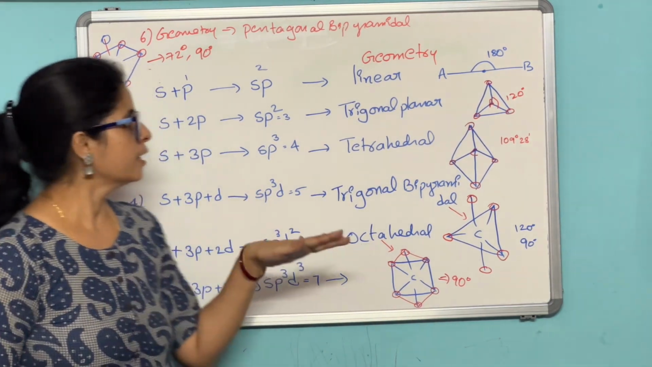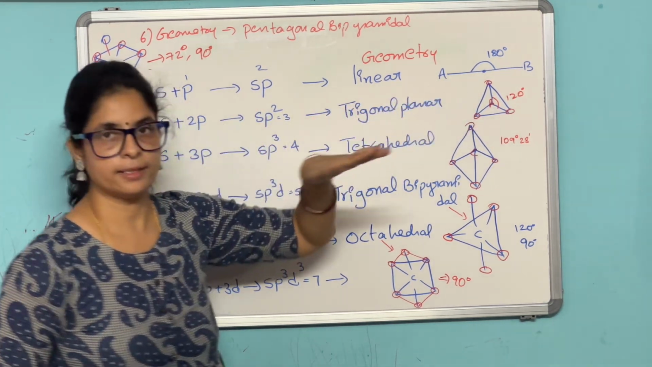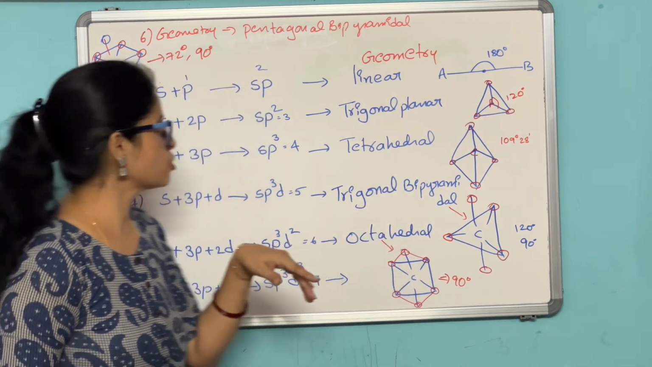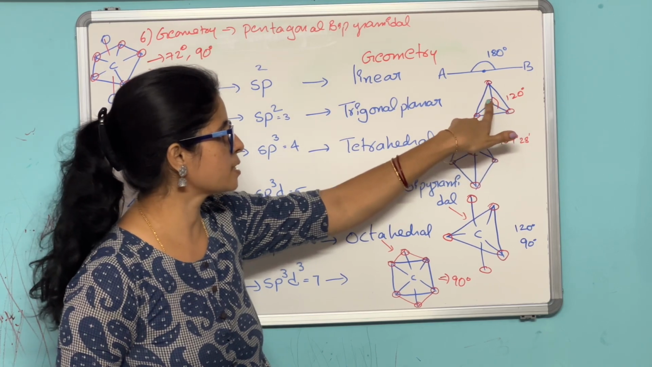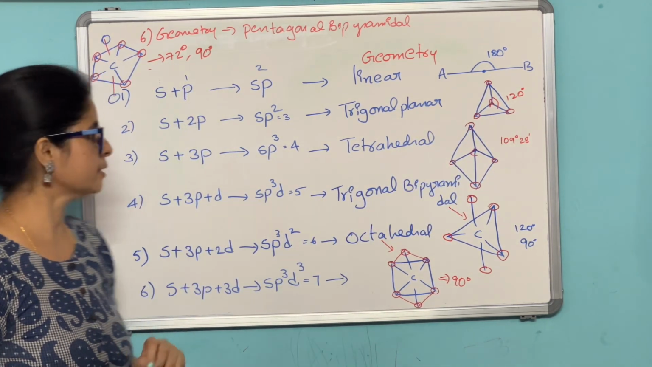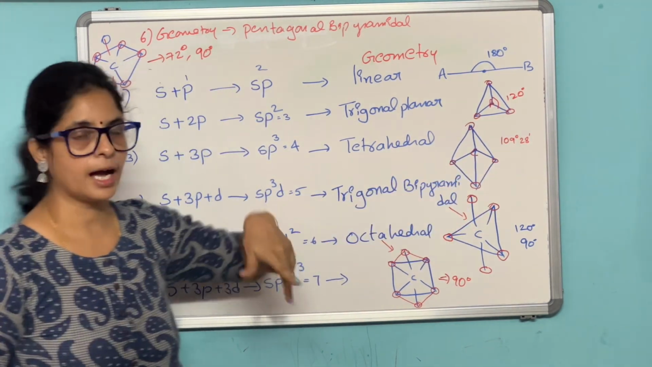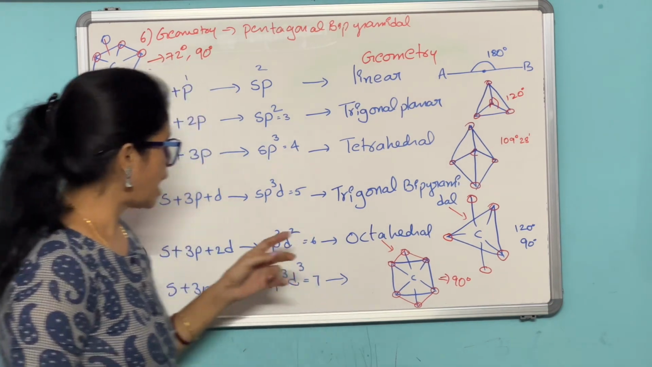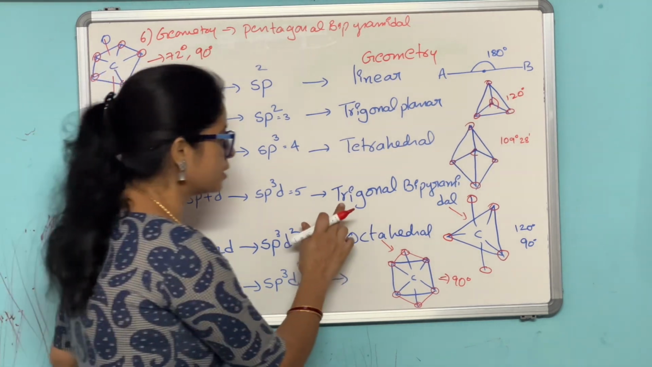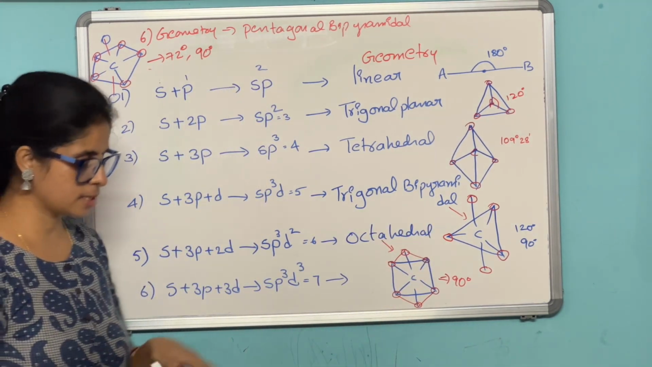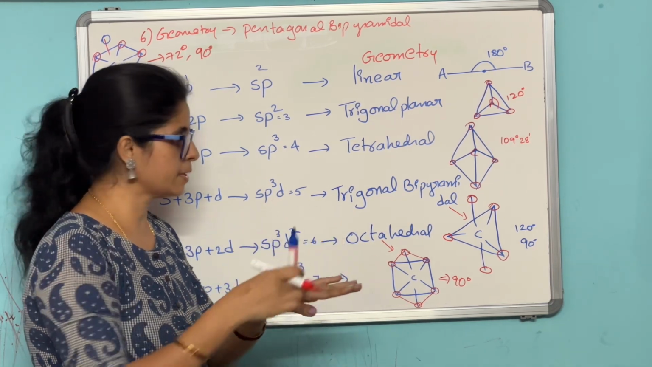Similarly, if you observe these last three cases, I think you got a clear idea. Understood? If it is sp hybridization, the geometry is linear. Linear means 180 degrees as usual. Trigonal planar: central atom and three atoms at the corners, 120 degrees. And sp3 is tetrahedral; this is the geometry. I told you how the atoms are arranged. And now if you observe the last three,